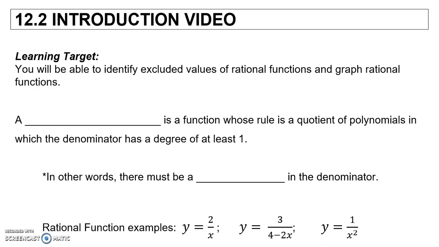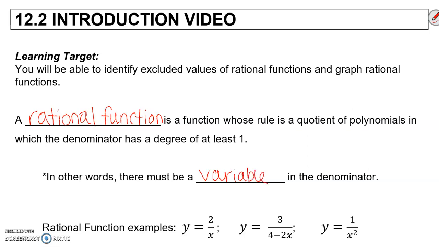Alright, welcome to 12.2. Our learning target today says that you will be able to identify excluded values of rational functions and graph rational functions. So, a rational function is a function whose rule is a quotient of polynomials in which the denominator has a degree of at least 1. In other words, there must be a variable